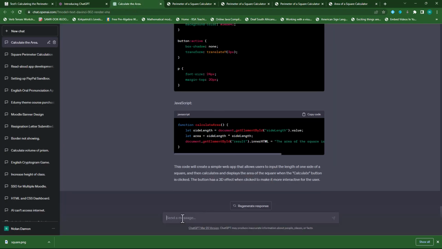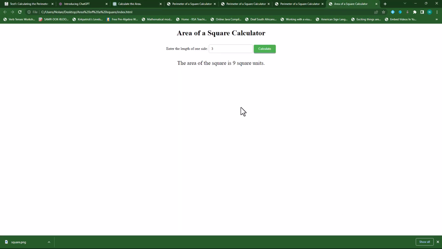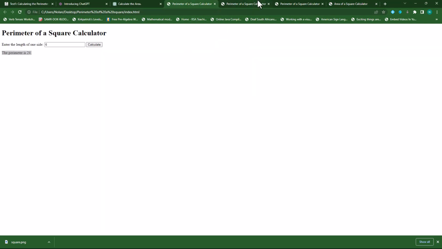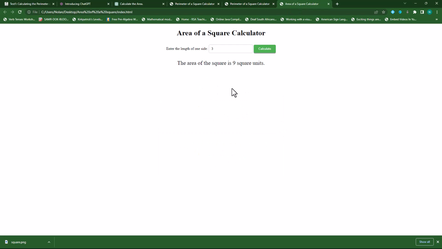Now let's allow ChatGPT to provide us with a more professional, more visually appealing app. What we need is something like this, where we have, let's close that, something like this. Here we calculated the perimeter, but now we want the area. So we need to find the same image. In our folder,